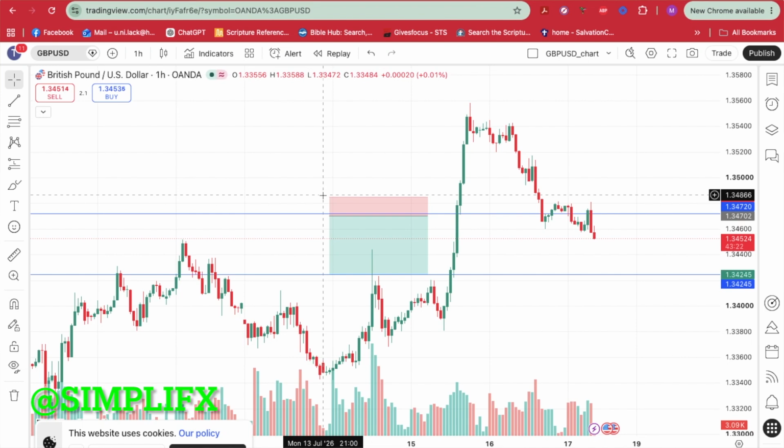But that's the thing about trading. You can know the right things to do, but sometimes you could be anxious or you just want to get into the trade, be part of the action, which can frustrate your trading overall. So I'll let you know how this trade materializes. But I'm just focused on the pound dollar right now. You don't need to chase different pairs. You could just be one pair that you consider. So I'll let you know how this trade materializes, possibly later or end of the day as I need to